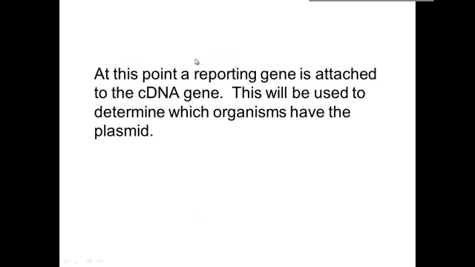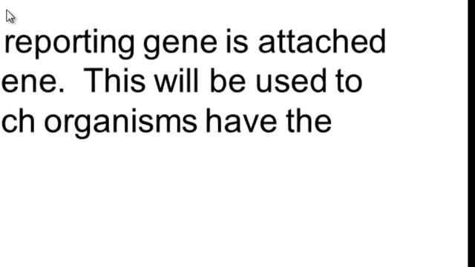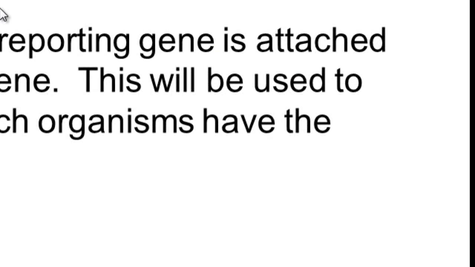Okay, then they add another gene to your plasmid or virus. It's called a reporting gene. You're going to attach it to the cDNA, doing the exact same restriction enzyme stuff. This gene is going to do something to make it obvious that the bacteria has it, like glow in the dark or ampicillin resistance or something, so that this will survive. That I'll know this one bacteria has the gene that I want it to have.